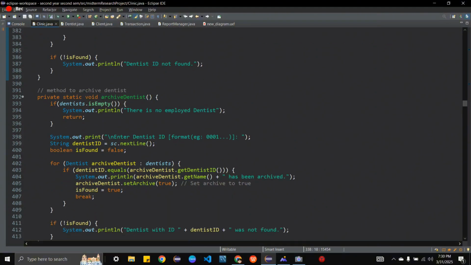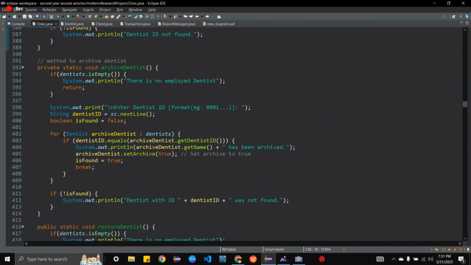Now we have here the archive dentist. The archive dentist, same as the other methods, has error handling which determines if the dentist list is empty, then it will resolve to a message which shows there is no employed dentist. The same as other methods, we have a selector, the dentist ID, in order to specify which hired dentist will be used in archiving.